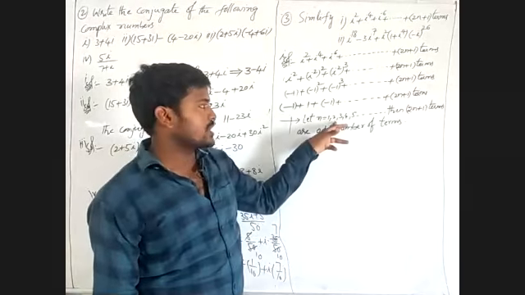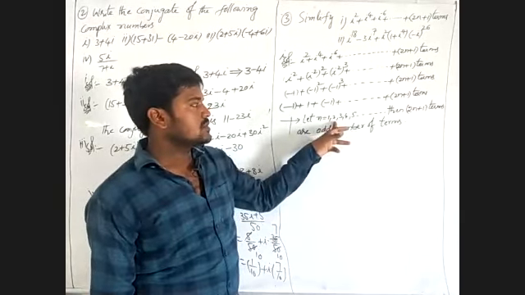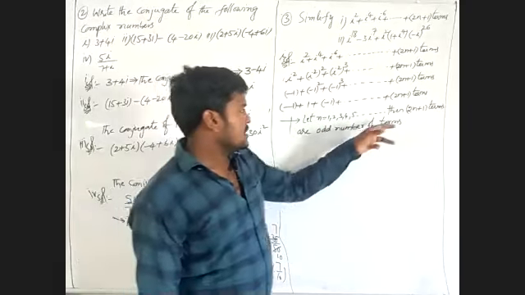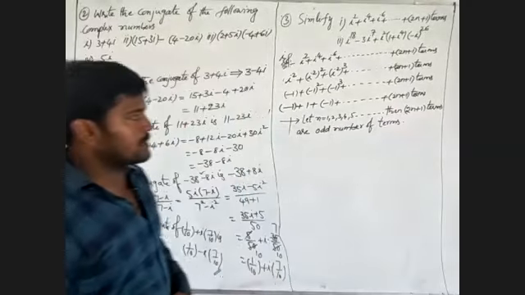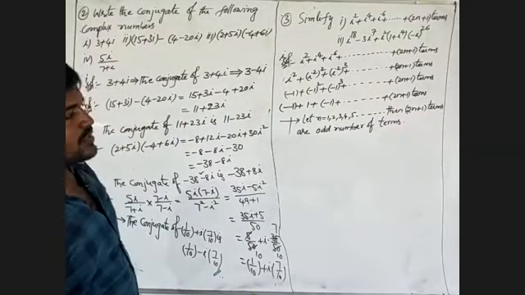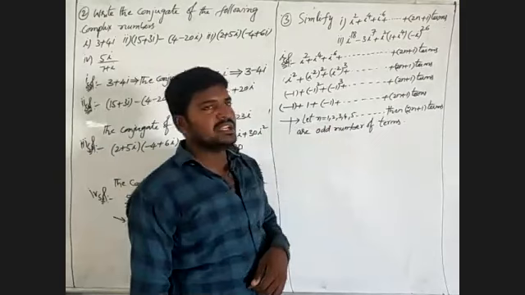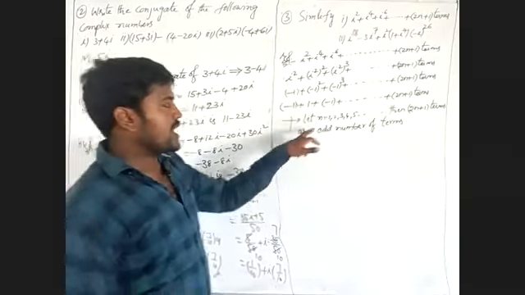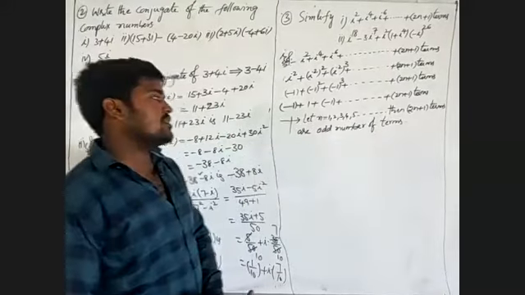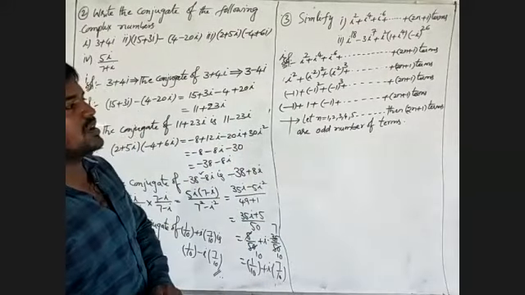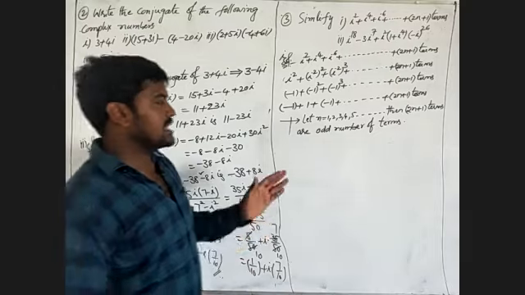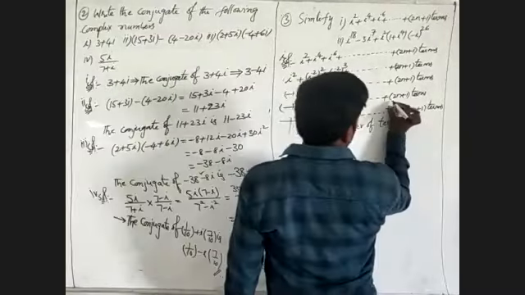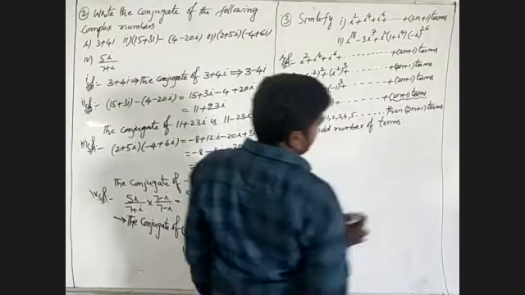Next we substitute n equal to 2: 2 twos are 4, 4 plus 1 becomes 5. Then n equal to 3: 2 threes are 6, 6 plus 1 is 7. For n equal to 1, 2, 3, 4, 5 and so on, the given number of terms is odd. That means 2n plus 1 gives an odd number of terms.